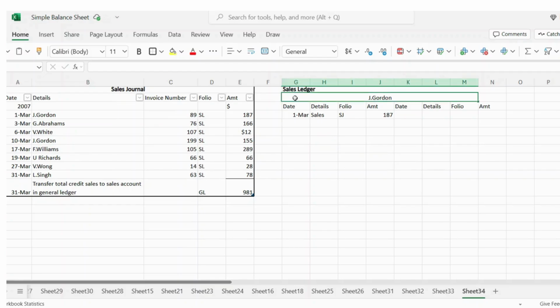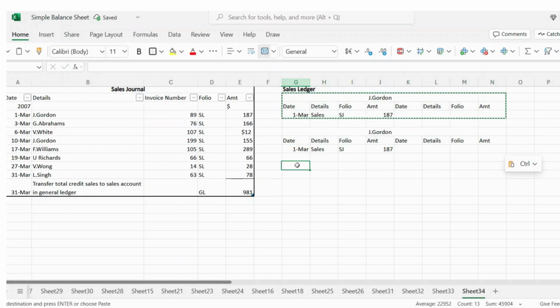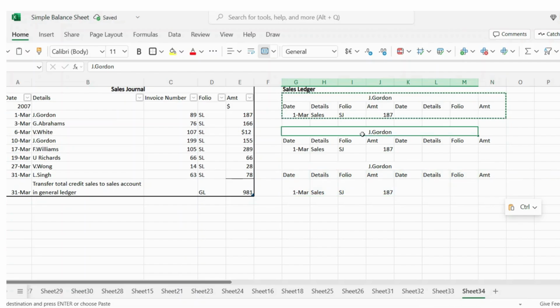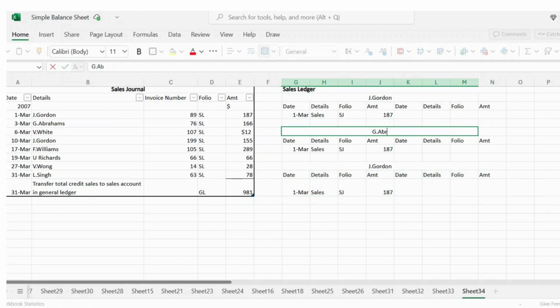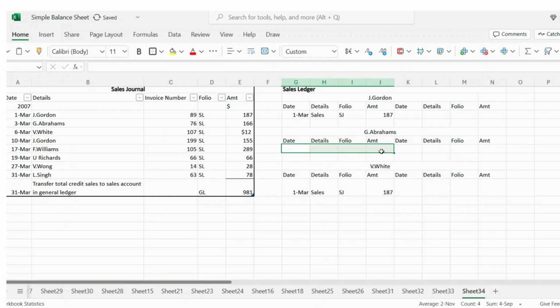So I'm going to do two more of them so that you can see what it would look like. Going to skip a line for each. So we're doing G. Abrahams and V. White. All right. So for G. White,